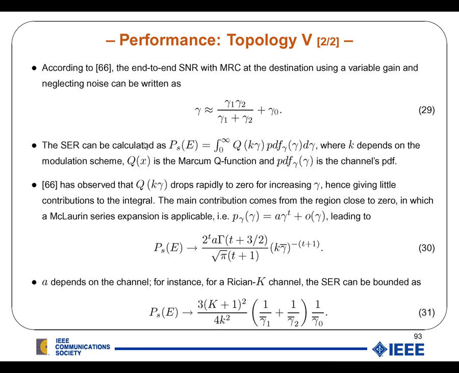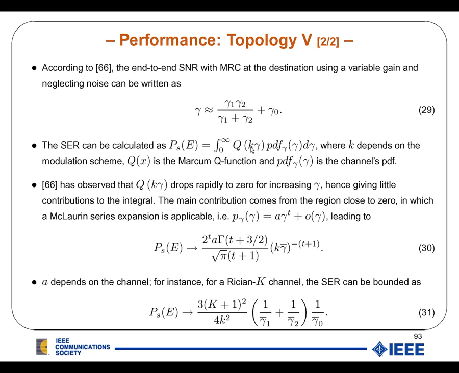In particular, let's look at a simple system where you have just a single relay and a direct link, and here we have the signal to noise ratio given here, which again is the harmonic mean plus the signal to noise ratio of the direct link. And the symbol error rate, the SER, can be calculated using that expression here that is quite well known, using the Q function multiplied by the PDF of the channel here, the signal to noise ratio, and that coefficient K within the Q function depends